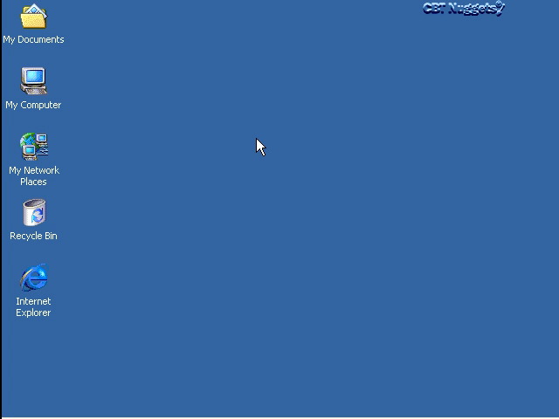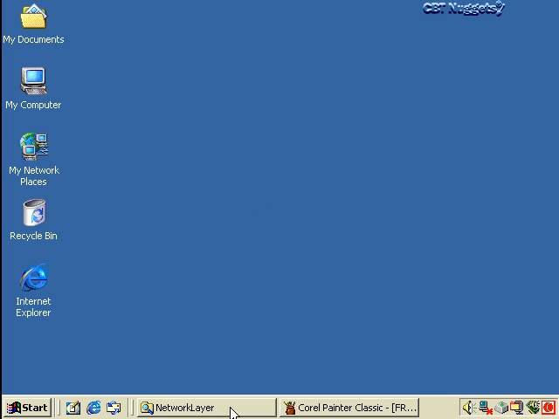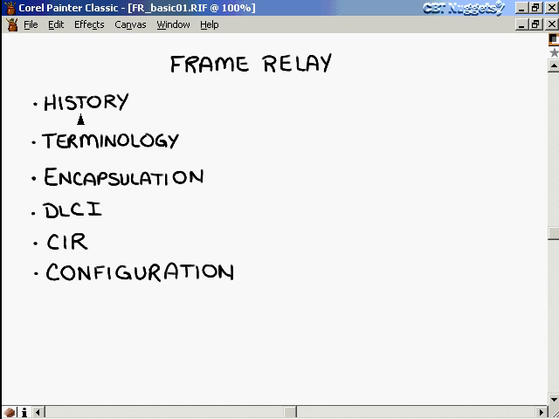Frame relay basics. In the early 1980s, a technology was needed that could support high-volume bursty data while at the same time decreasing latency. In 1984, frame relay was developed to do exactly that. In this nugget, we're going to start with a look at the history that led up to the development of